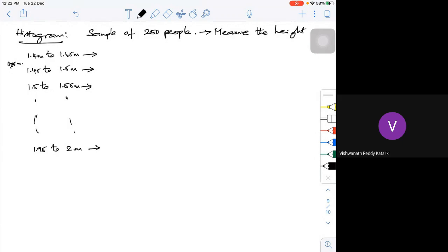Now, maybe some four people are in the range of 1.4 to 1.45 meters. Some five people are in the range between 1.45 to 1.5 meters. Say around 15 people, then around 25, around 30, like this I can go. Maybe at the end, the tall guys may end up with some 5 people.